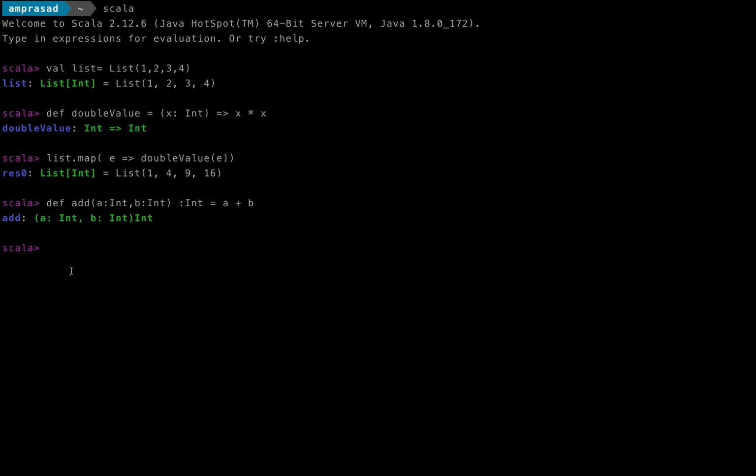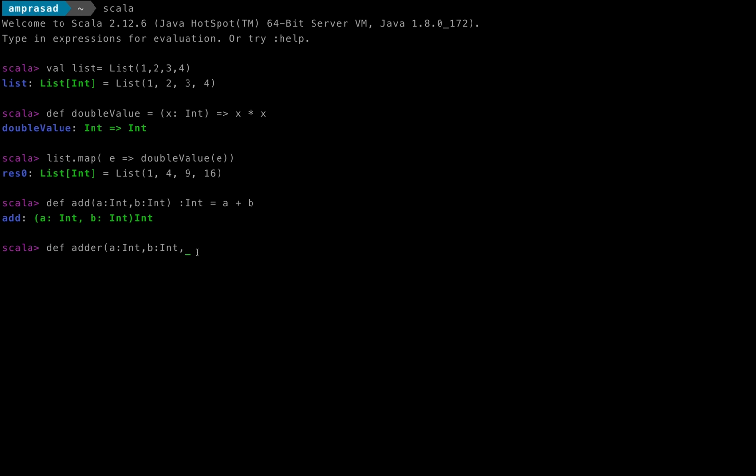Let's say we have a method called def adder. In adder, the first element will be a, the second element will be b, and now this part is a little tricky. Since we are discussing higher order functions, here we are going to pass one function as a parameter.